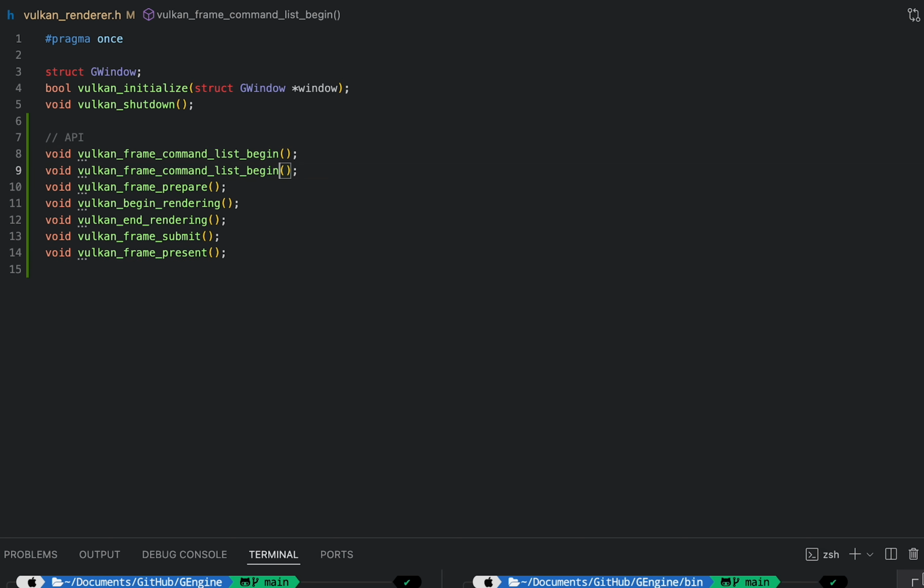And then command list end. Remember, we set up command buffers, right? Now anytime we want to command Vulkan to do anything, we essentially need to begin a command and then end that command. So in terms of rendering, what we're going to do is begin a command buffer,